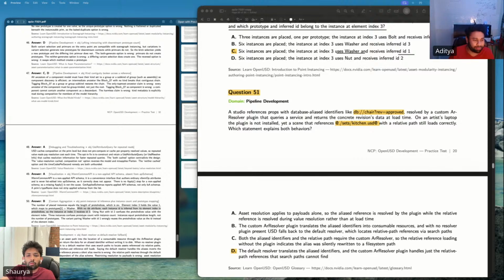That was the problem. Default resolvers never do that. They only resolve the relative path references. I see, that's why. Whereas the custom AR resolver plugin translates the alias identifier into consumable resources. That's why. Ooh, this was a trick question, by the process of elimination.